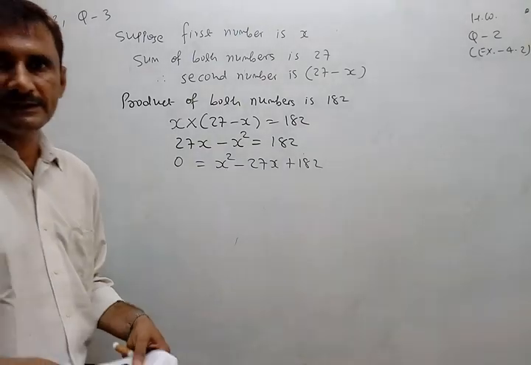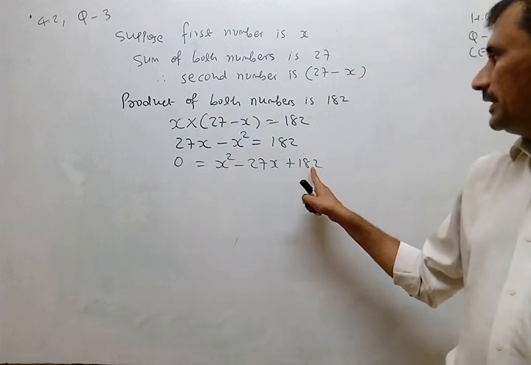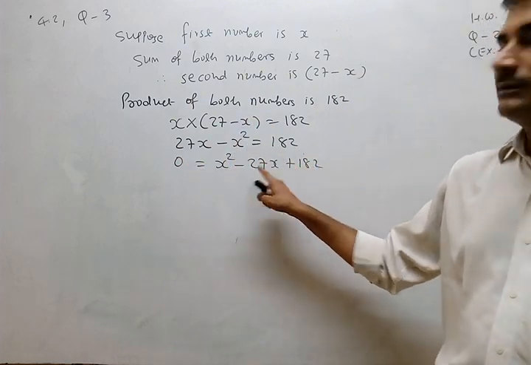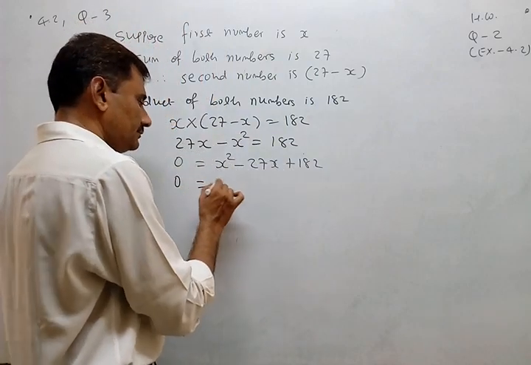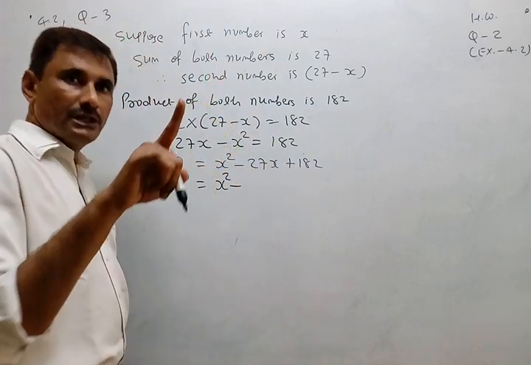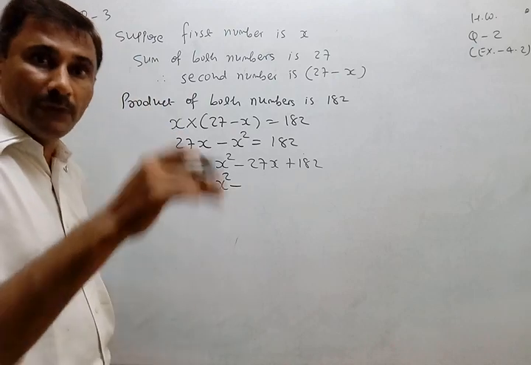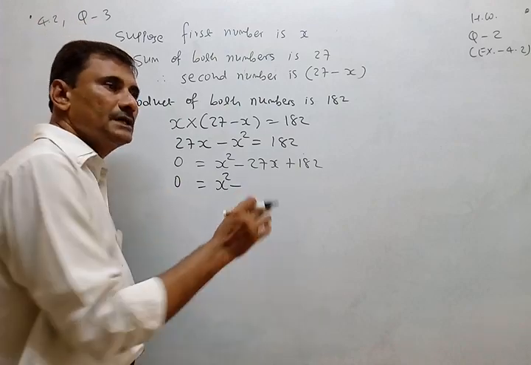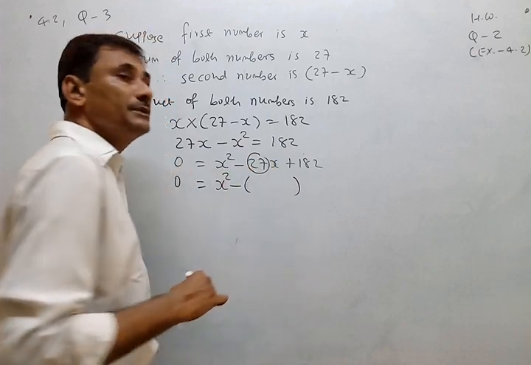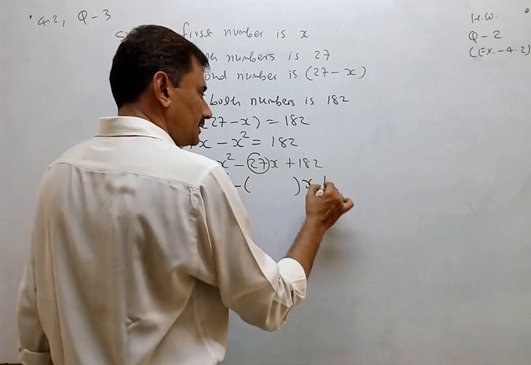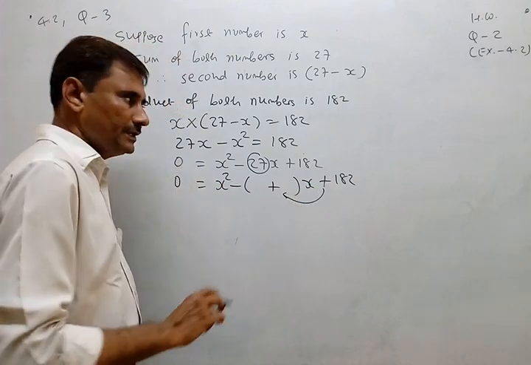Now you have to factorize. How? Select two factors of 182 so that their sum becomes 27. That is our method. I will just revise again whatever we were doing in lesson number 2. I already solved many sums in 4.1, and you practice two sums in homework also. You just make a bracket in place of b. Everything should be written as it is, and the last term sign should be placed here.